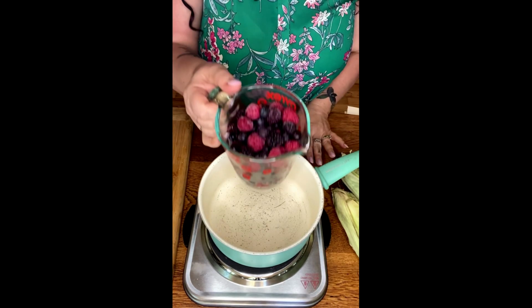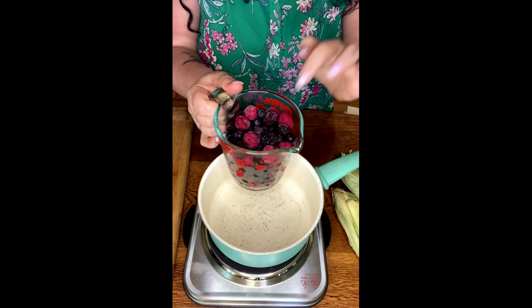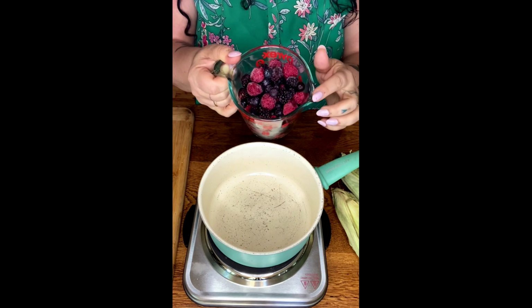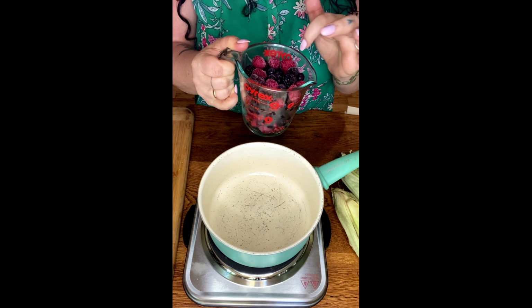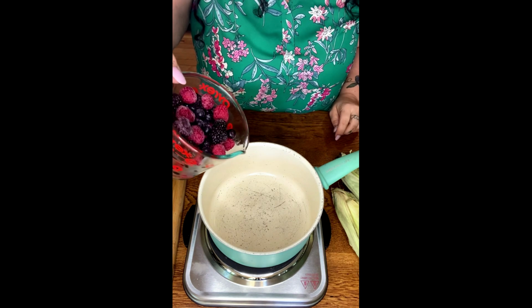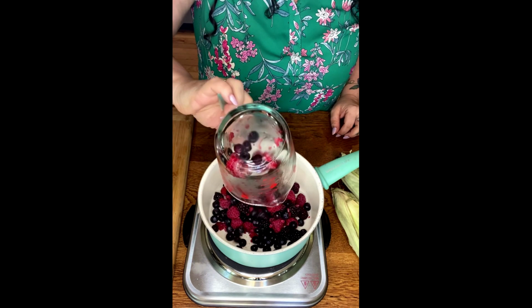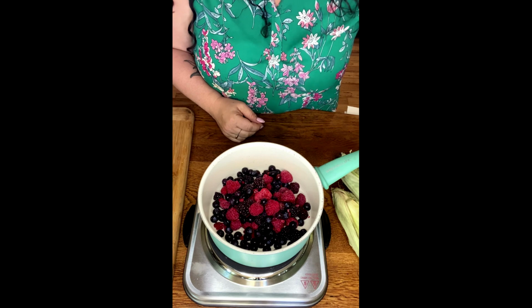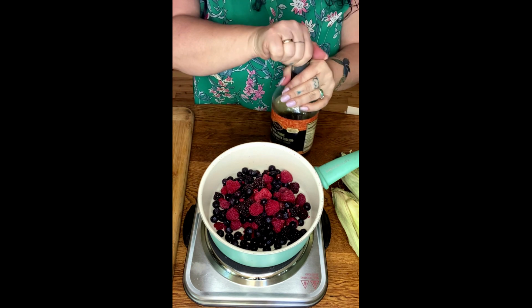Okay, so I've got 2 cups of frozen berries. They can be any berries and they can be fresh berries. But this is blackberries, raspberries, and blueberries. I love to add strawberries too, so I'm gonna do that next. But go ahead and add 2 cups of those berries. And then we're going to add,